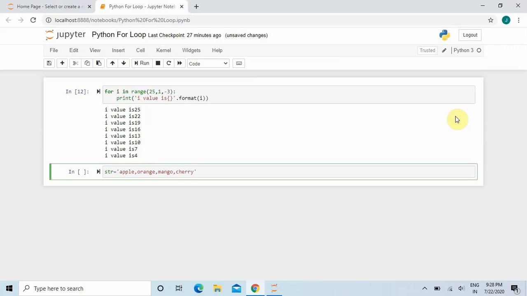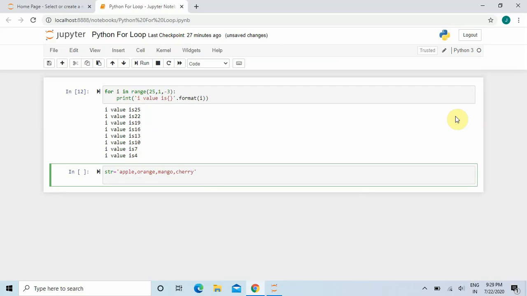So yeah, this is the case. Suppose this is my string, and suppose I want to separate the strings and I want to display each and every letter of the strings separately. Then how will I write it here?